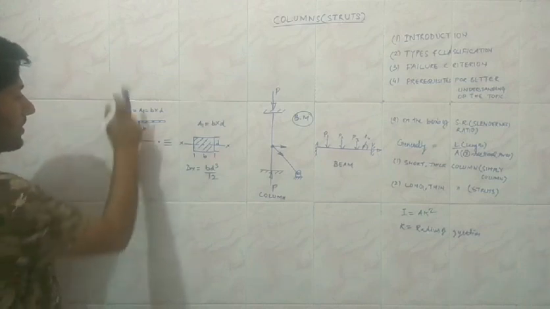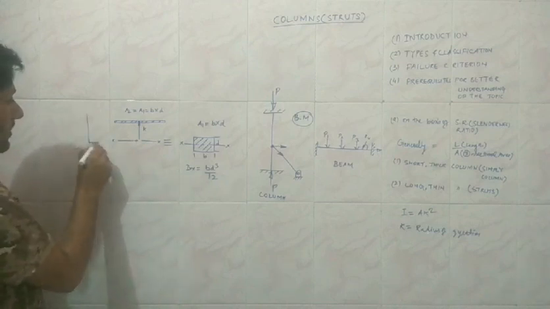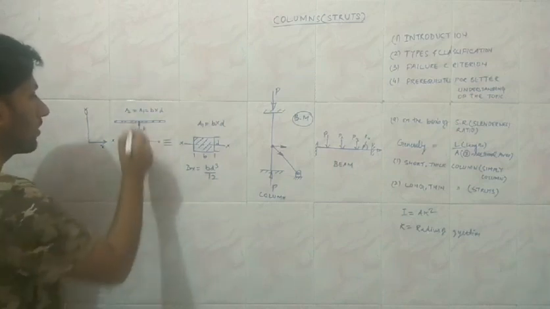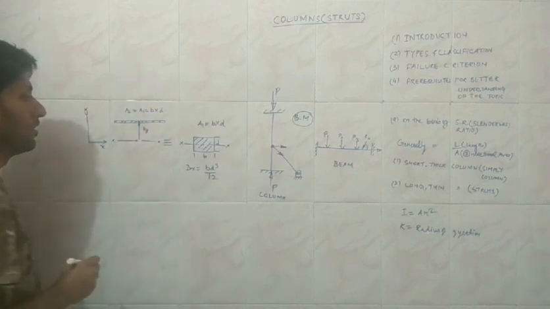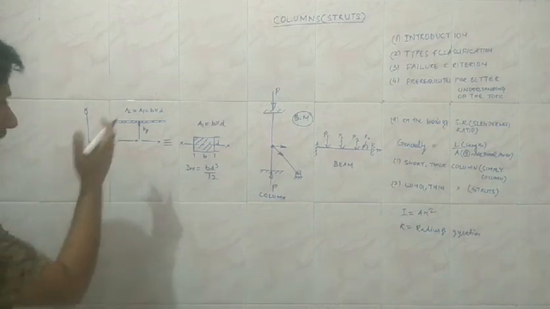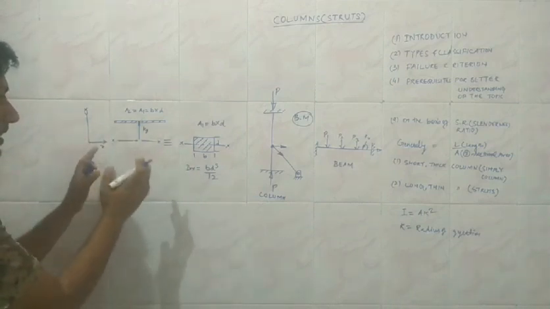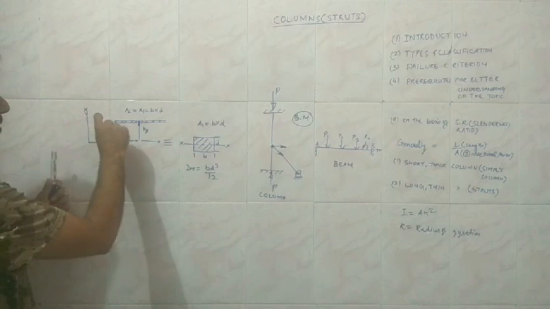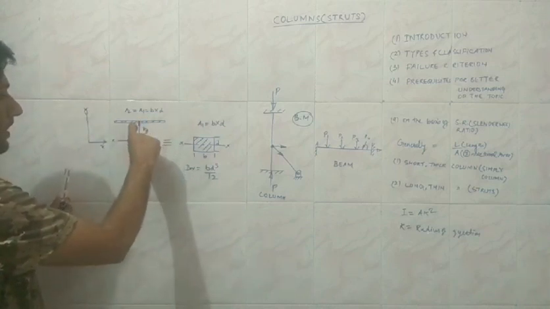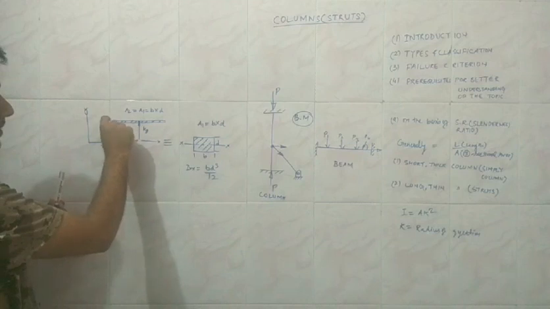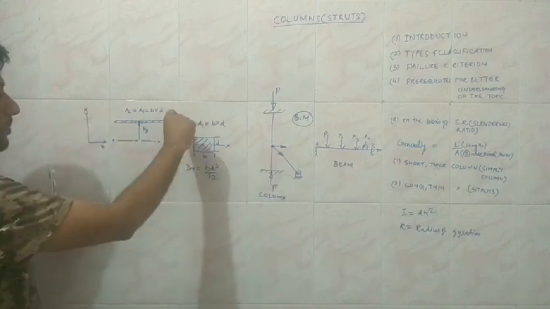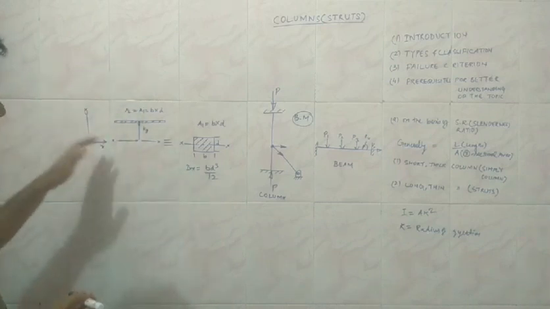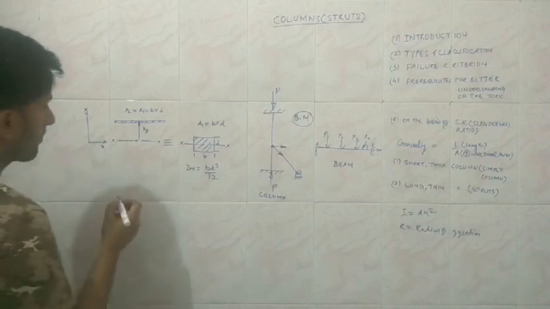gyration. In this case, because the distance is being measured, if we take the axis as a coordinate system, say this is your x-axis, this one is your y-axis. Since the distance is being measured along the y-axis, this is known as your ky, the radius of gyration. Because the two systems are equivalent, the areas are equal, A1 is equal to A2. The only difference is that the area is concentrated at the same distance away from the axis of rotation, and that's why we have considered a long strip whose thickness is very small, so that the entire area is concentrated at the same distance away from the axis of rotation.